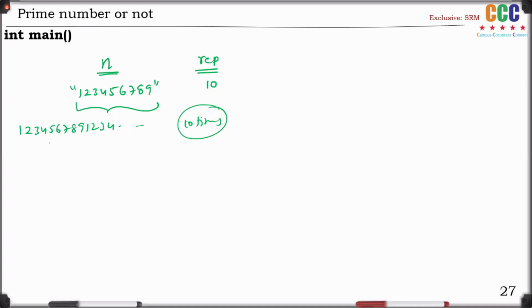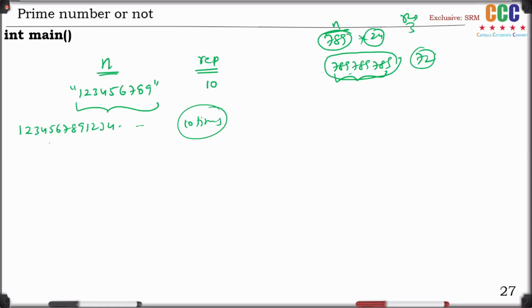That's the process. For example, what is 789? The sum of 789 is 24, right? If it is repeated 3 times, 789, 789, 789, 24 times 3 means 72. Like this, right? The summation of the given number is 72. Instead of finding the summation of this much bigger number, find the summation of the smaller number and multiply, 24 times 3, then you will get 72. Okay, 72 means again 72 mod 10, sorry, 72 mod 9 is 0, then the sum is 9. Otherwise, some other. Got this point, friends?